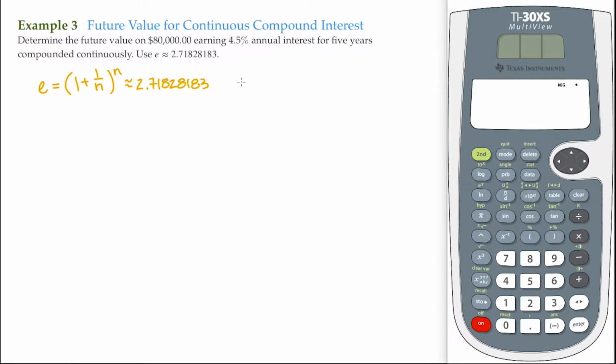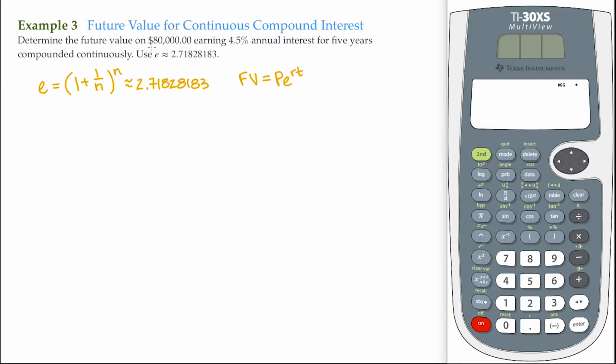And that equation is the future value. It's going to be equal to the principal, but then we multiply that by E. And E approximates to 2.71828183. And then we raise E to the R, that's the rate, times T, the time in years. So for this problem, it says determine the future value on $80,000 earning 4.5% annual interest for 5 years compounded continuously. And it says use E is approximately equal to